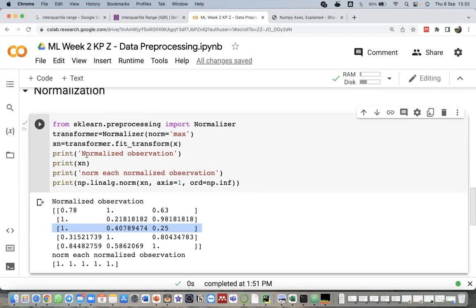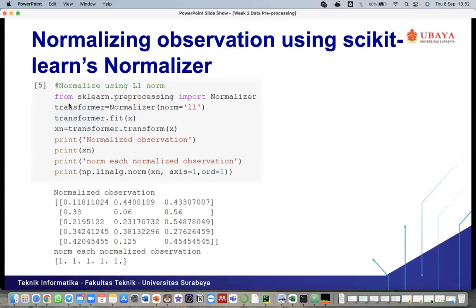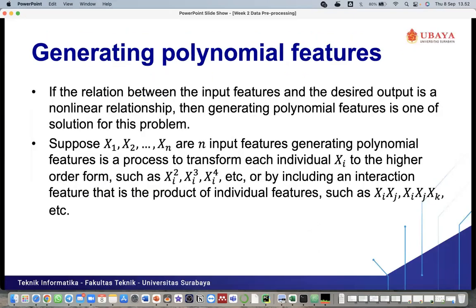Okay, so we can just move back to our slide. Then the next one is generating polynomial features. If the relation between the input features and the desired output is a nonlinear relationship, then generating polynomial features is one solution for this problem.